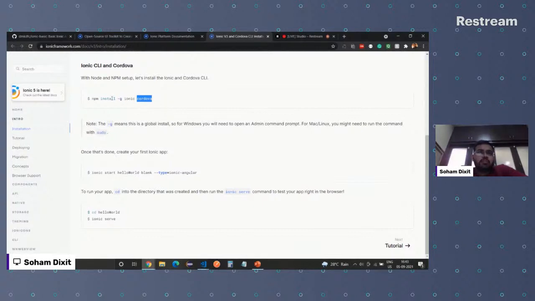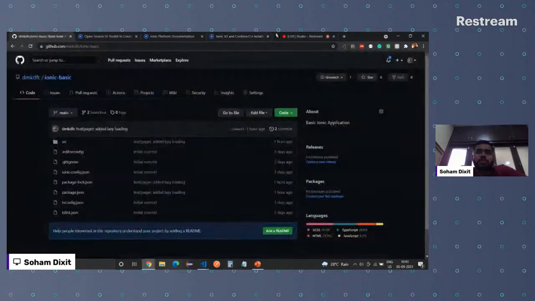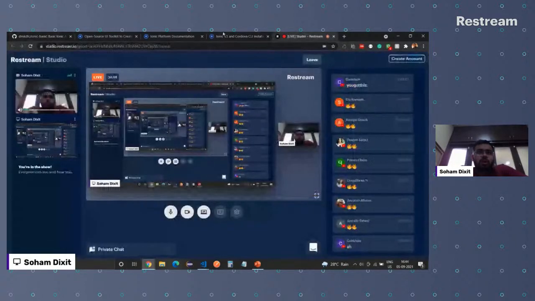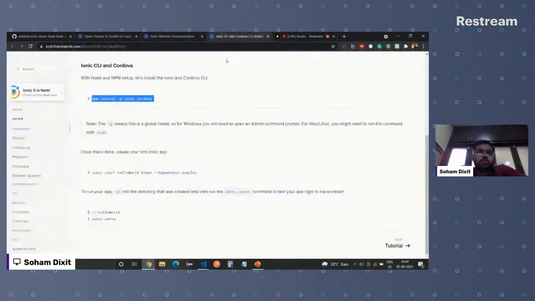So if you don't have Ionic or Cordova, you can just run npm install globally for Ionic and Cordova. And as I said, you already have the basic code set up. If you want to experiment, you can even try creating a blank application with this command. So that's the initial setup.